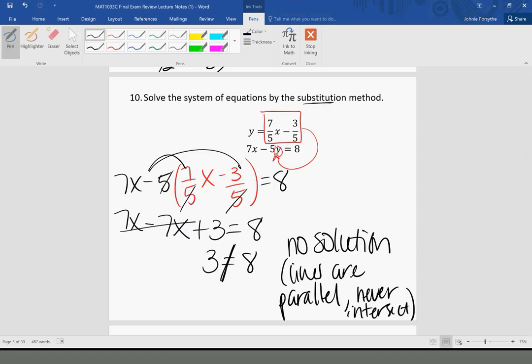So that would be no solution. If you're doing your test in IMath-AS, they probably want you to type DNE for no solution, does not exist, but they always give you those hints in the instructions to let you know. Okay, let's look at